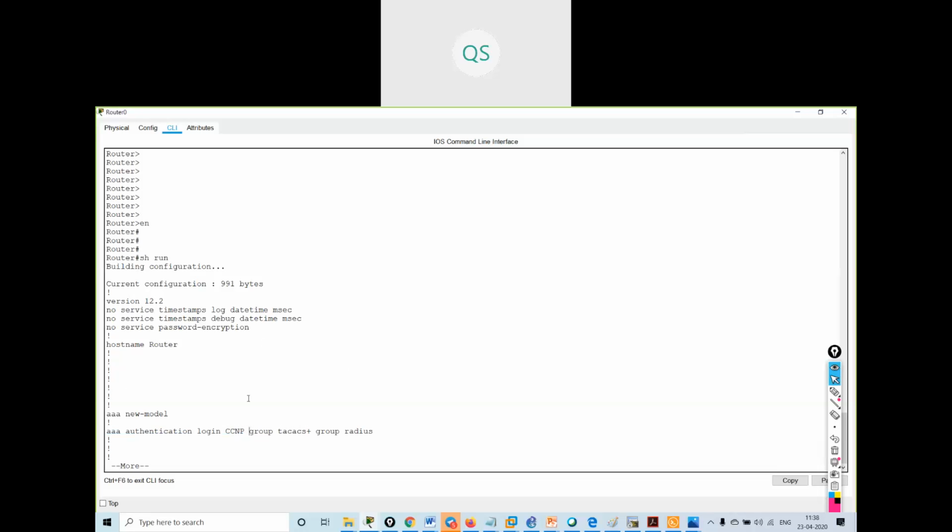The list is something we create in access list. Suppose I've created an access list. It is the same as creating a login list, in which I'm using a group of TACACS server. Now suppose my TACACS server is not working, my link to the TACACS server is down,